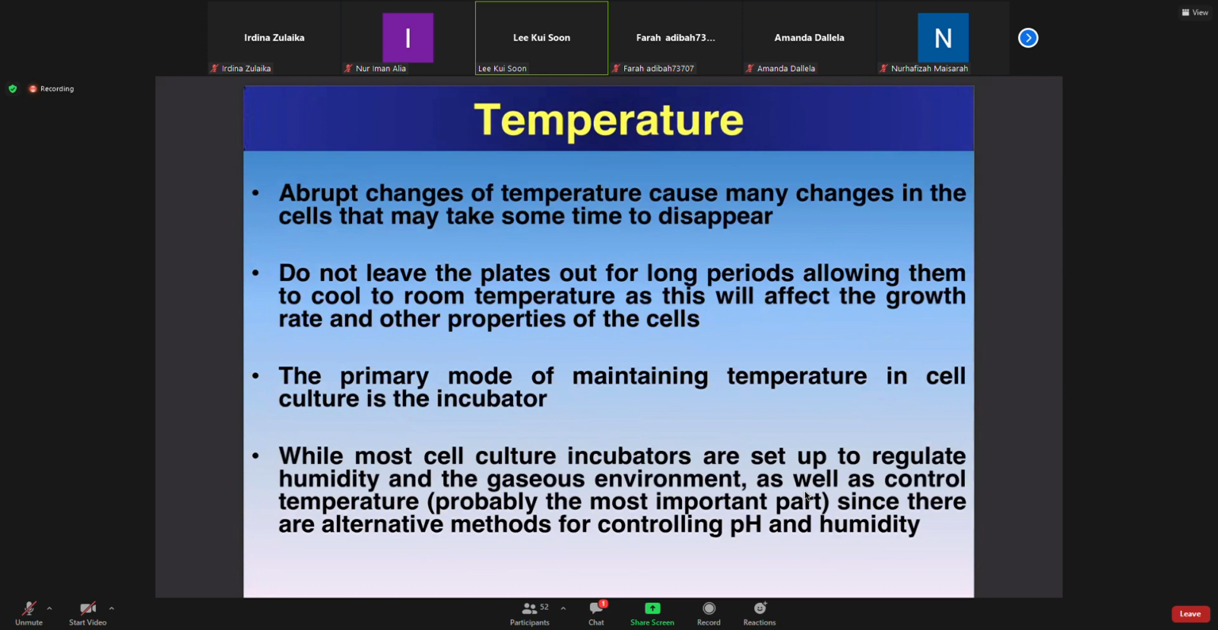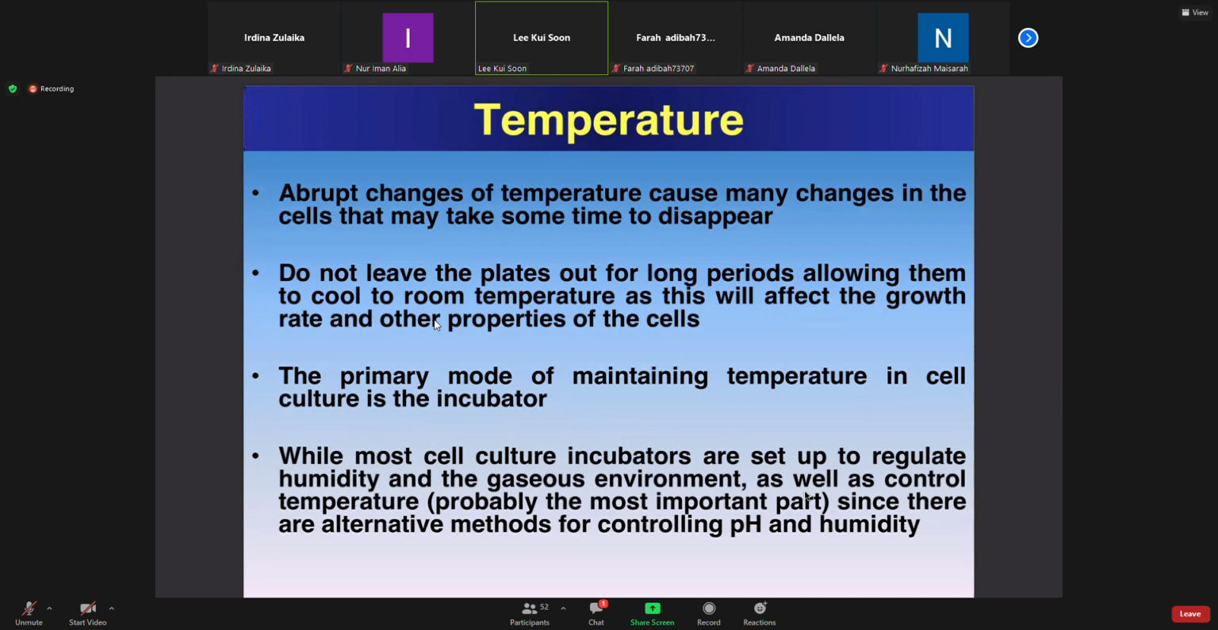And abrupt changes of temperature will cause many changes in the cell that may take some time to disappear. So do not leave the plate out for too long, allowing it to cool down to room temperature, as this will affect the growth rate and other properties of the cell. So for example, when you culture your cell, you culture it in the incubator. When you want to do passaging or subculturing, you bring it out and put it in the laminar flow hood. But when you put it in the laminar flow, you should not leave it for too long, because the media temperature will go down slowly, and then this will affect the process of cell